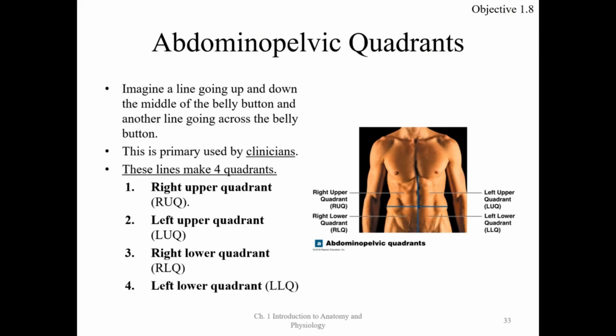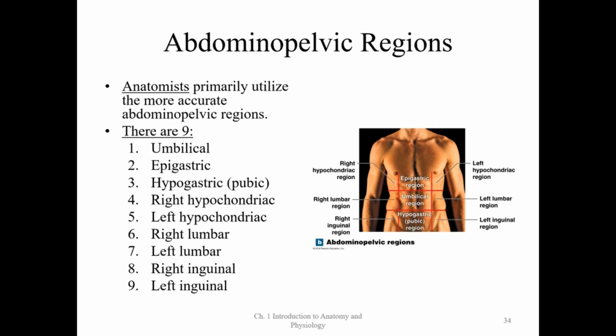Now, these are used by clinicians. Primarily used by clinicians. You might say a patient presents with pain in the right upper quadrant. There's a right upper quadrant, a left upper quadrant, a right lower quadrant, and a left lower quadrant. All right. Now, there's regions. Now, these regions, they are used by anatomists. Okay? They are used by anatomists